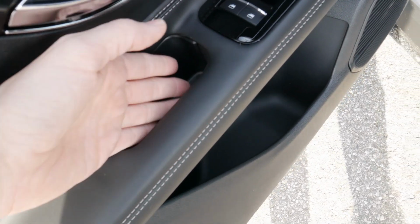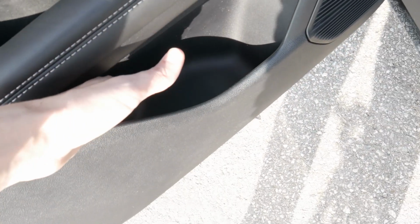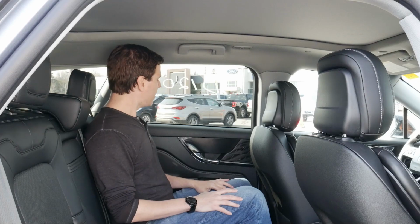We've got a little storage cubby along the door as well, but let's kind of go through. I'll let you figure out exactly